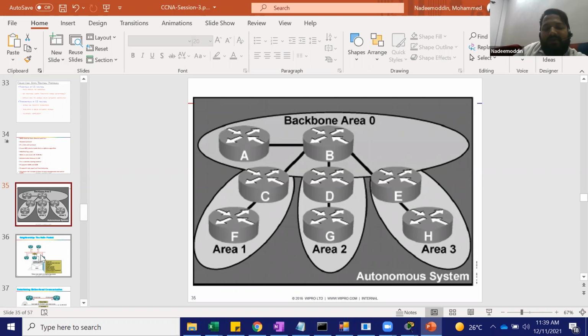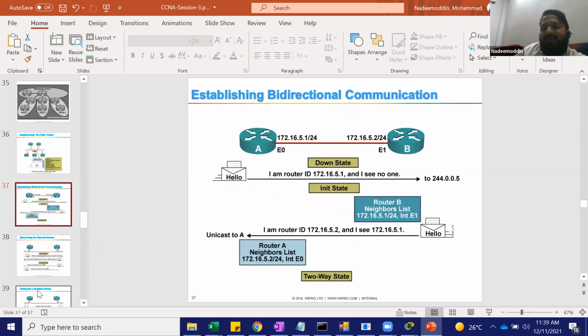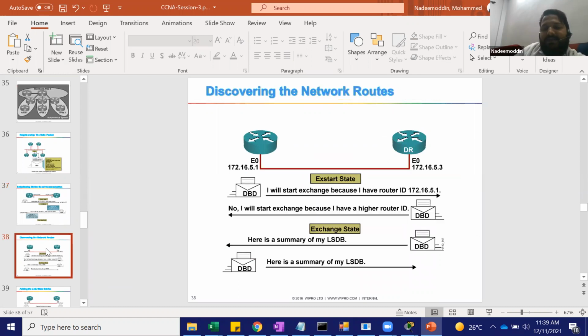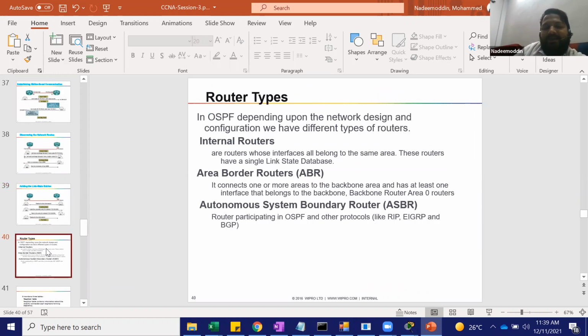OSPF forms neighborship. Whenever you configure OSPF, routers send each other router ID and hello packets. In the hello exchange, first it will be in the down state, then one router will be in the init state, then they will become two-way, then exstart. These are some of the states, and they become neighbors to each other. Router types: internal router, ABR, and ASBR.